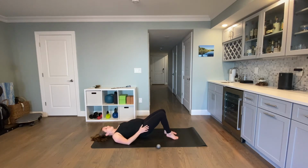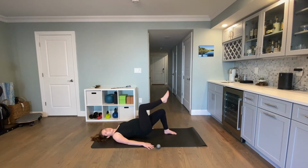And alternating from one side to the other. For 5, 4, 3, doesn't matter how high your hips are off the ground. 2, and last one, lift your hips, and then from here, you're going to bring your right leg up into tabletop,